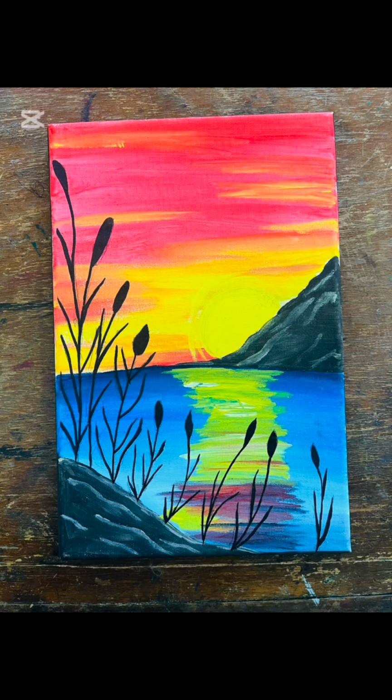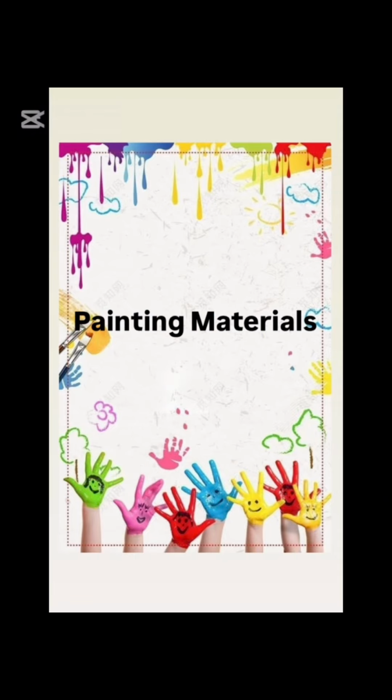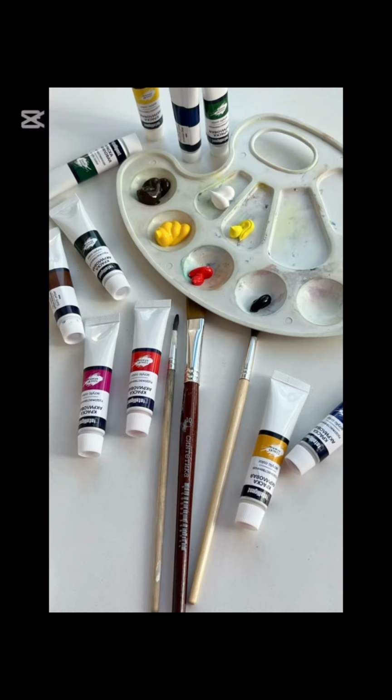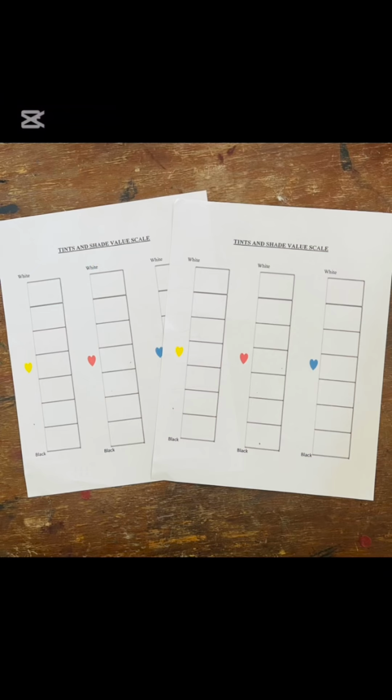The first artwork was created on a canvas using mostly primary colors. The two other artworks were then printed and placed on a stiff cardboard and covered with scotch tape. Materials used in this lesson: we had the palette, paint, paintbrush, and much more. Activity sheet: this was a printed activity sheet where students had to mix primary colors to create a value scale